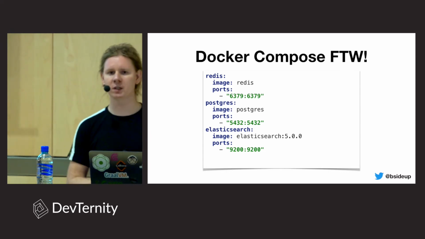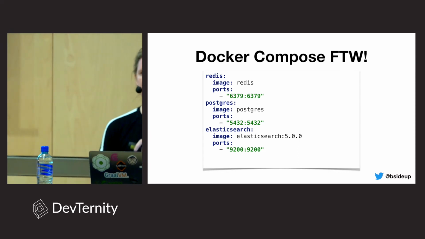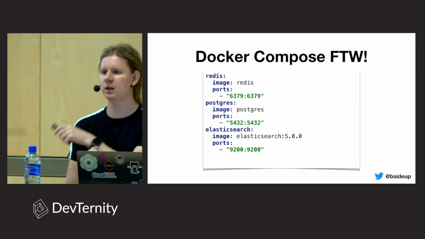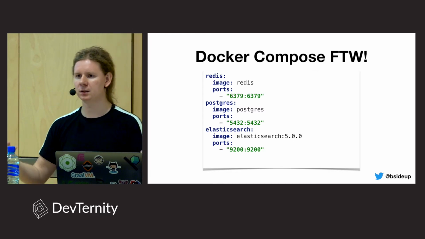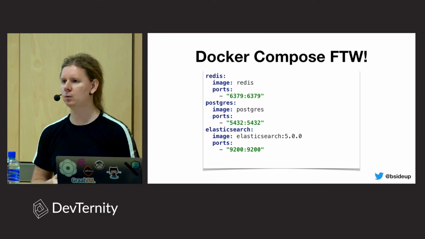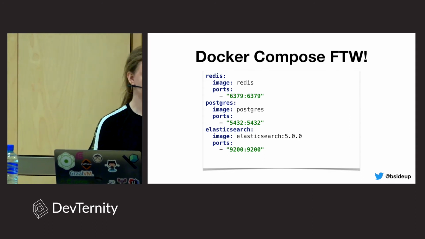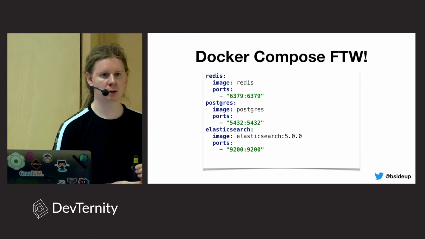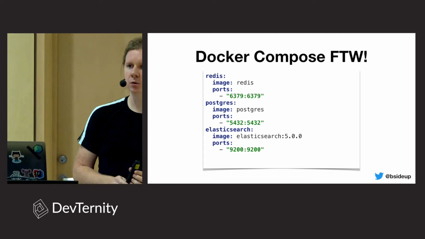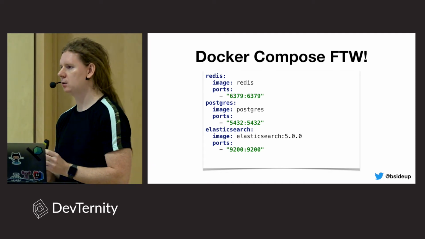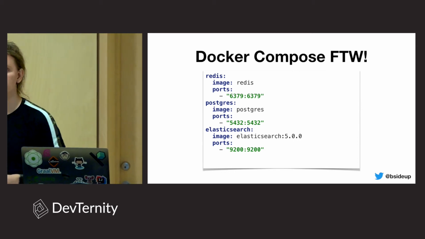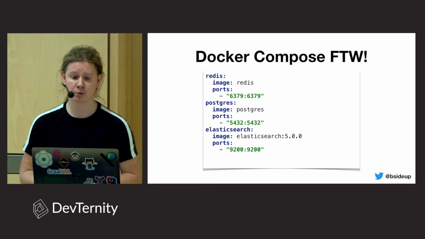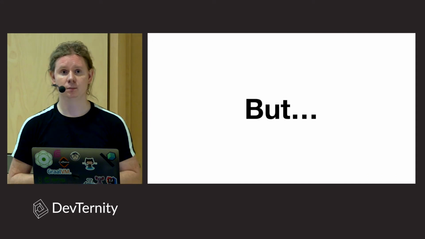And with this YAML, we can say, I want to run this container and that container and that container. And then with single command, docker compose up, we can start them, and then with docker compose down, we can destroy them. And then this file can also be committed next to your project, so that you no longer have to maintain this set of bash files or something, and you always know how to stop everything you started. It's very helpful. But, and there is always but,